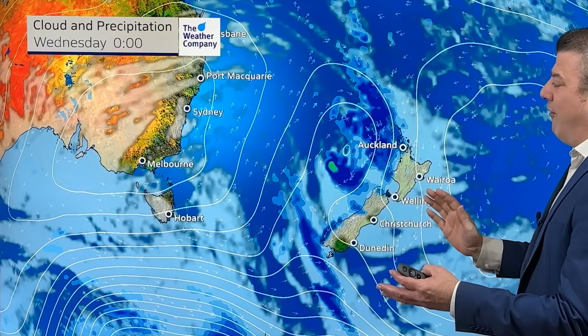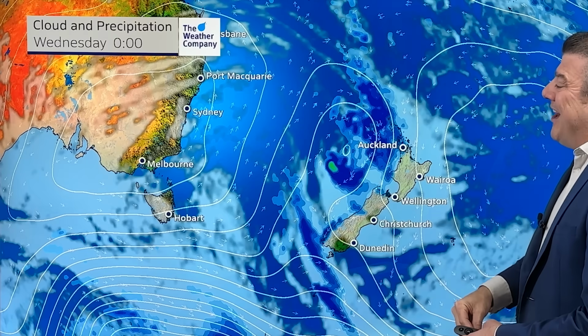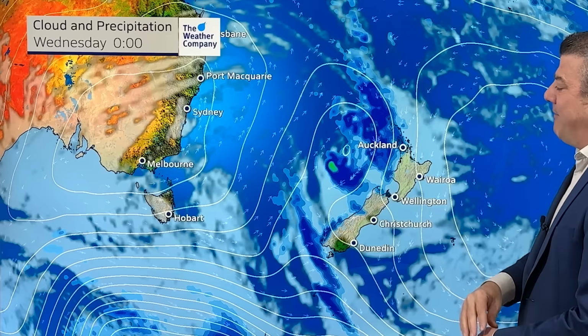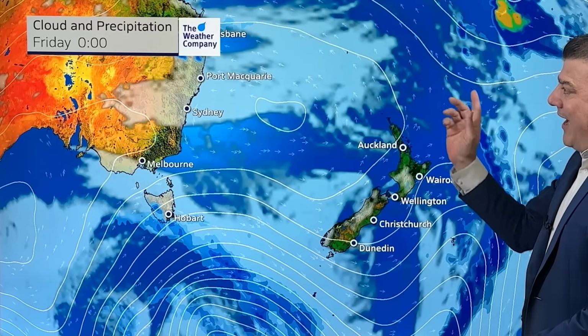This is a bigger picture of what I just showed you, but this one shows you 48 hours of animation, courtesy of our friends at the Weather Company. So this is where we are in the early hours of Wednesday morning. There is that low. Let's animate the next 48 hours. Crosses over New Zealand, moves away, and then as we go into the early hours of Friday morning here, but